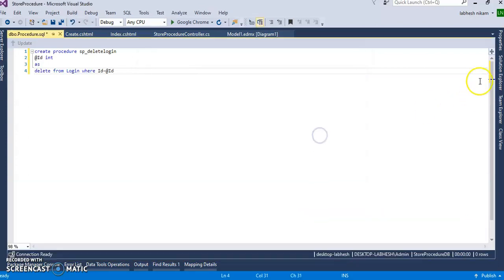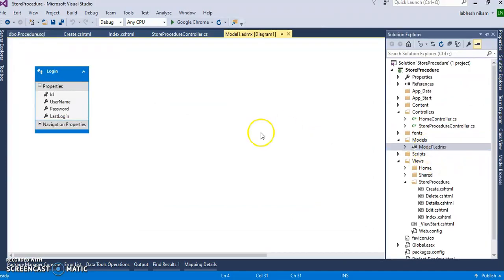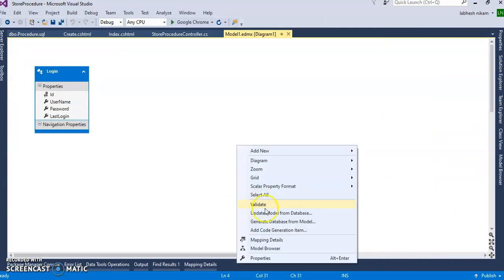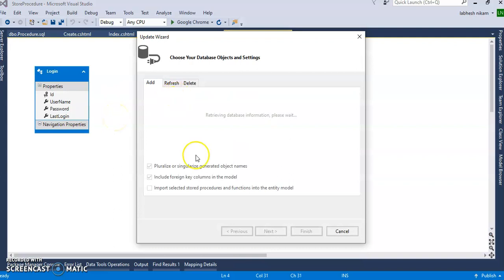Let's go to the solution explorer, click on entity data model, right click, update model from database, and we will add that delete procedure inside of the data entity model. So we can bind the login table.